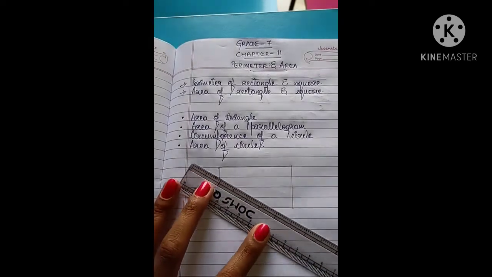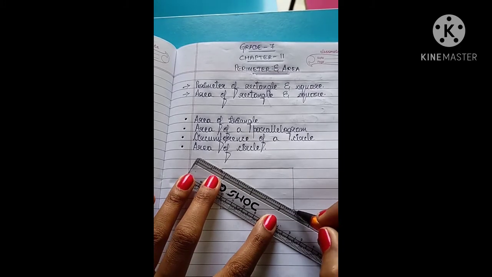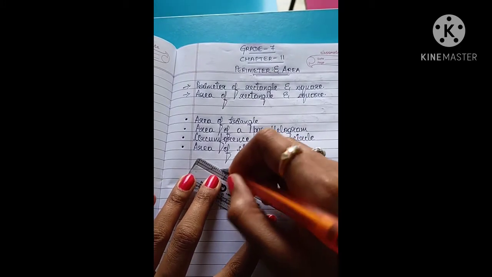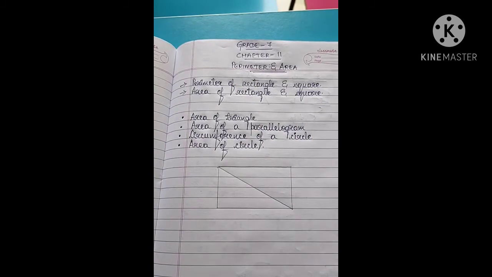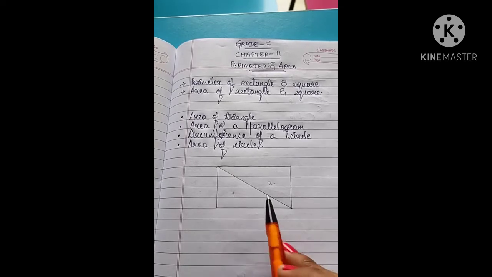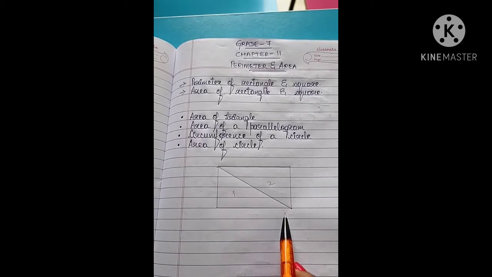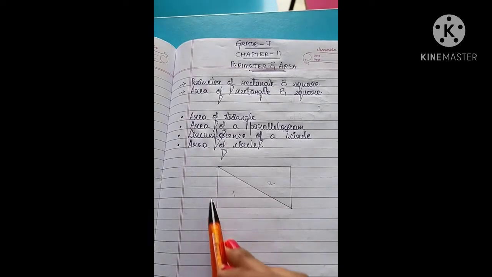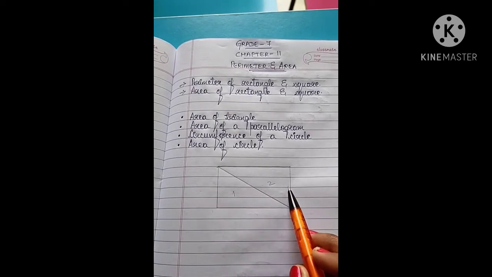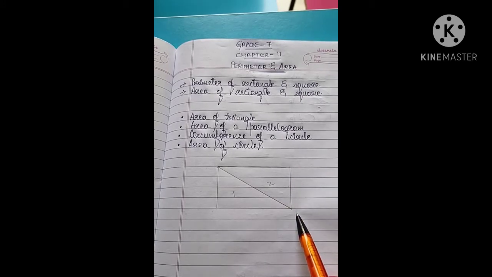We'll be learning now. So when I draw the diagonal, in which I am joining the opposite points through this diagonal, yes. Now this is the first triangle and this is the second triangle. There are few terms which you have to remember. This is the diagonal, this is the base, and this is the breadth. And for this triangle, this is the base and this is the breadth.